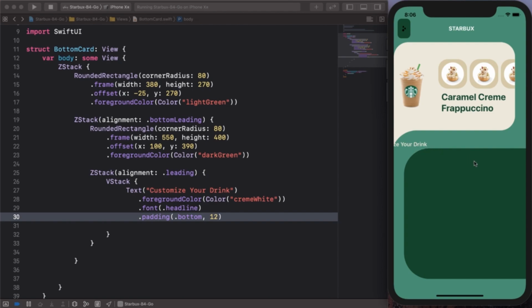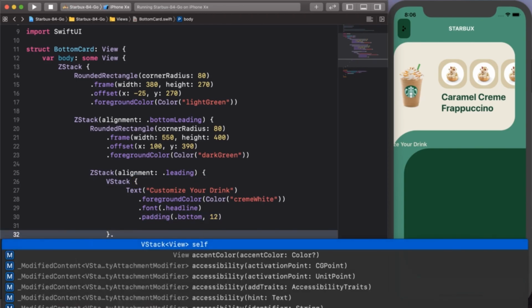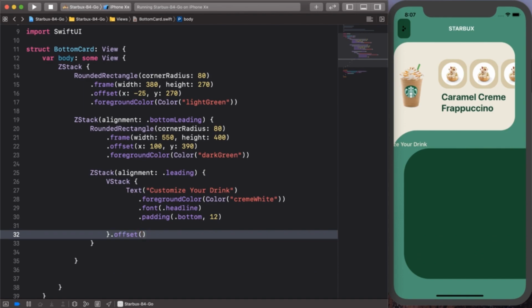We will move that down here. So to do that, remember we're inside of a V stack here. I'm going to come outside here. I'm going to say dot offset, and I'm going to use the UI screen like this. Main again, that bounds, and I'm going to find the width, and let's divide this by 2. So like divide by 2 there, and just to make sure everything is good, I'm going to put that inside of parentheses